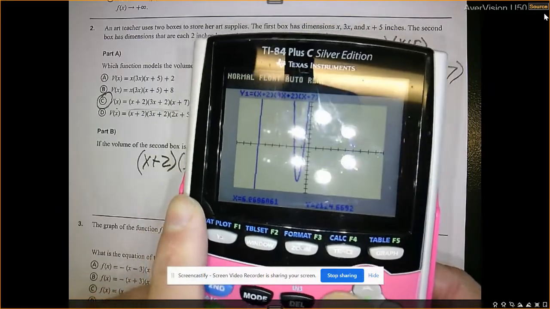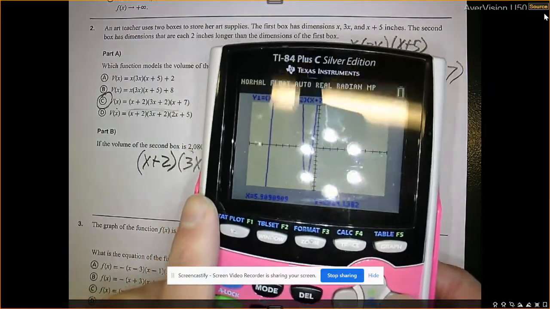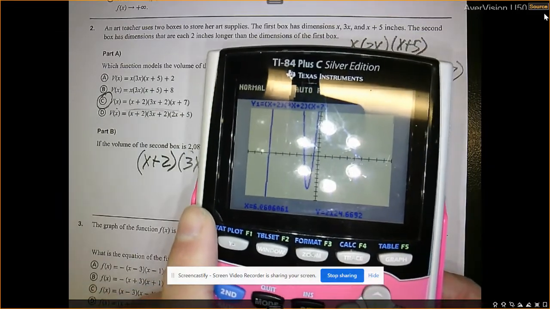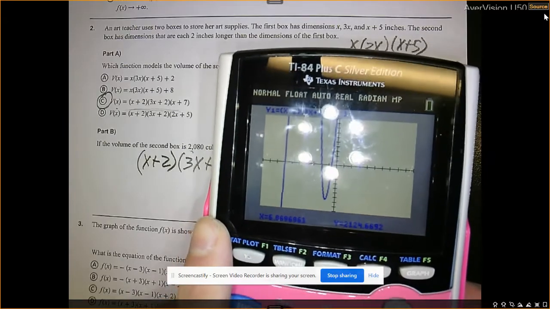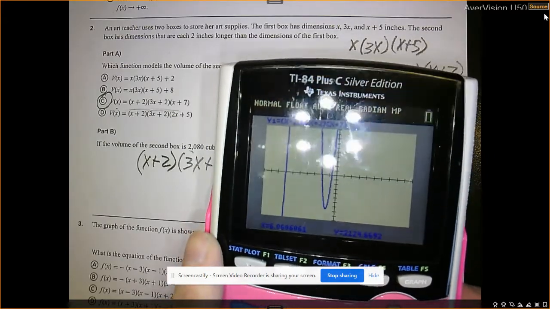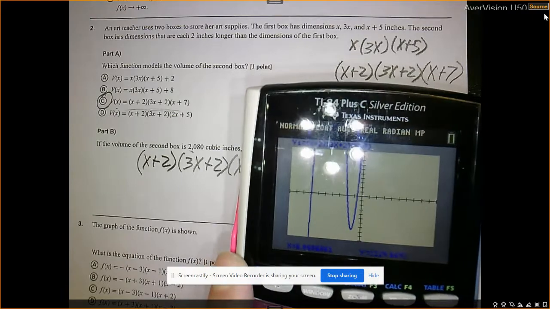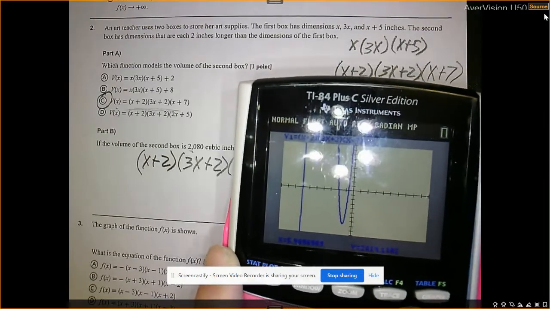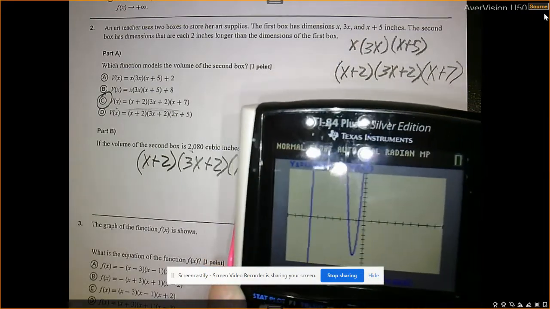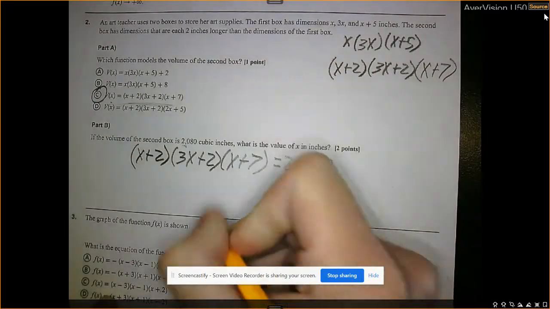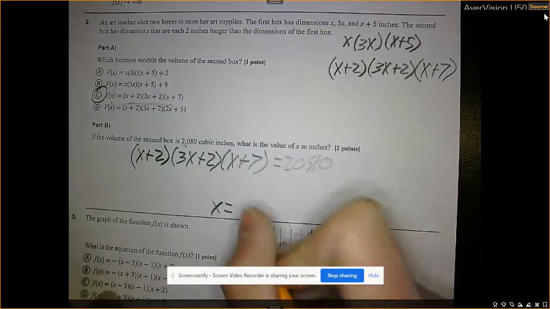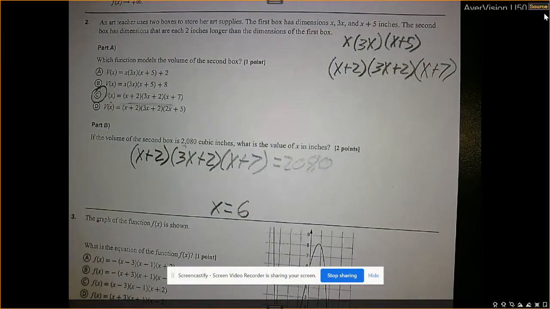And right here is where we fall. It doesn't get to exactly 2080. That's okay. It's jumping around it at 2014 and 2124. At 2014, we're at 5.9, and at 2124, we're at 6.06. So I think it's safe to say that at 2080, we're at right about 6. So for my answer, my y is going to be 2080 when x equals 6. I found that just by using my graphing calculator. If you were to use Desmos,